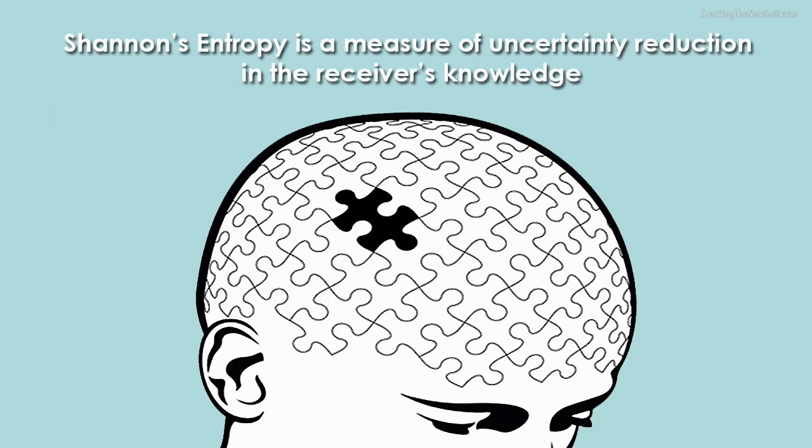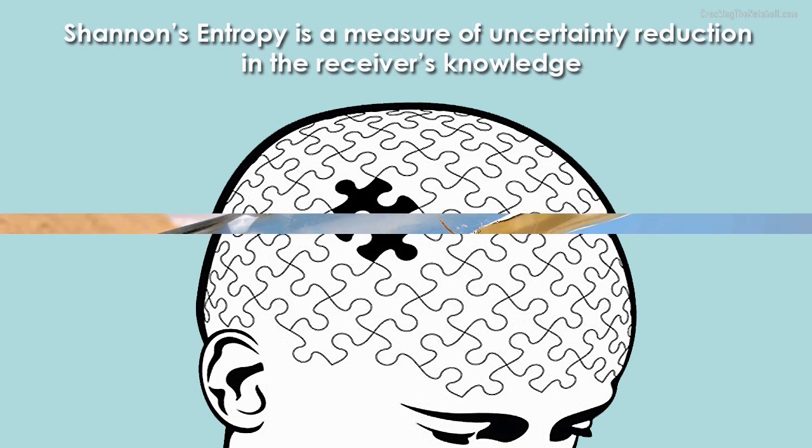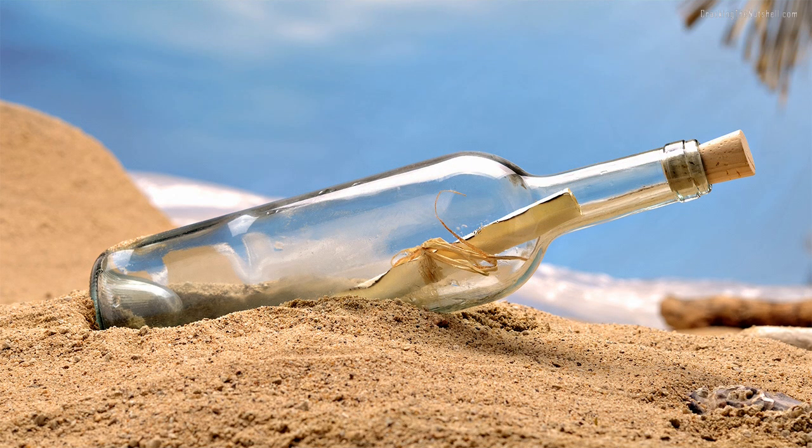Shannon's entropy is a measure of the potential reduction in uncertainty in the receiver's knowledge. We can see the process of gaining information as equivalent to the process of losing uncertainty. You may be wondering what all this has to do with the actual content and encoding of a message, since so far we have only been talking of coins.